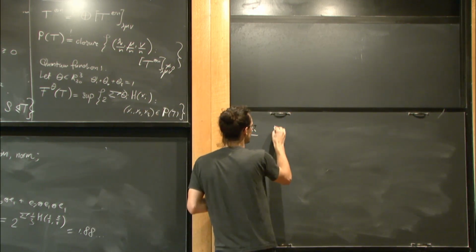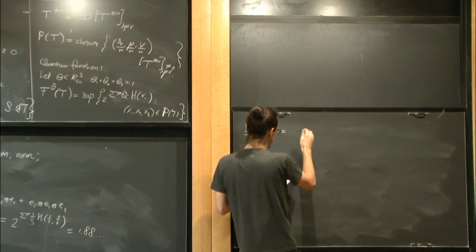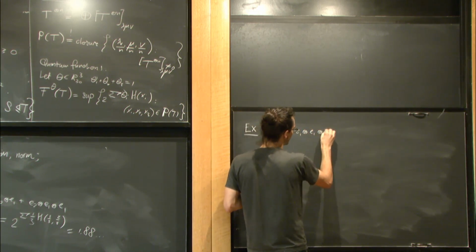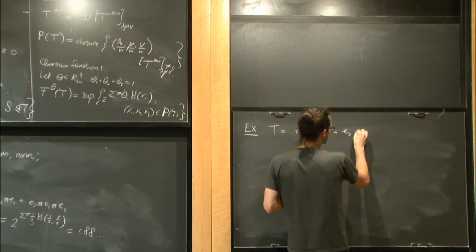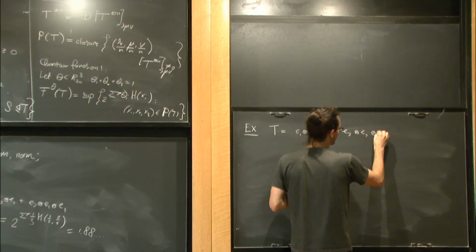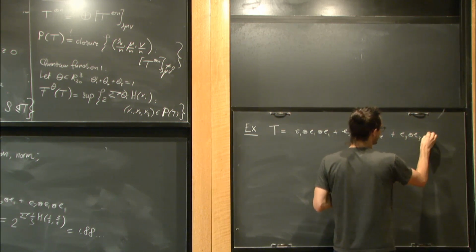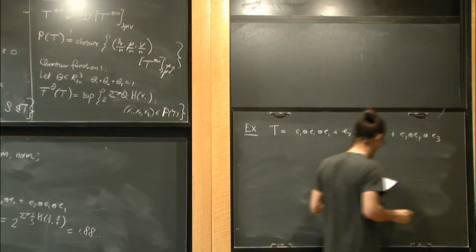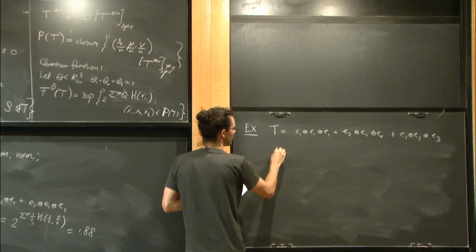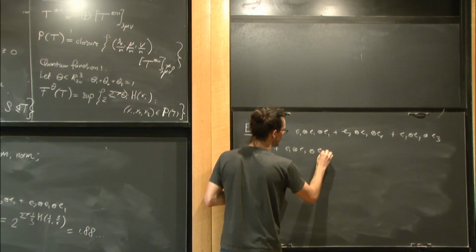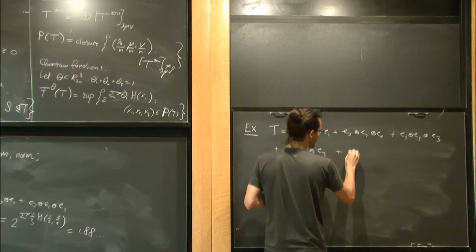This is a tensor T, and it's defined as follows. I take E1, E1, E1, E2, E2, E2, and E3, E3, E3, plus E1, E2, E3, plus all the permutations